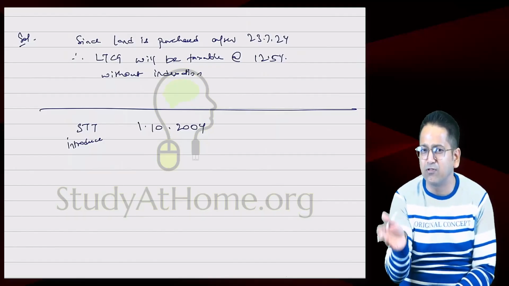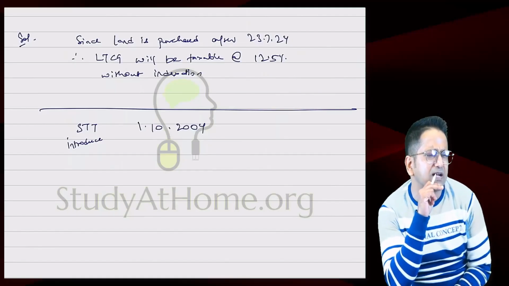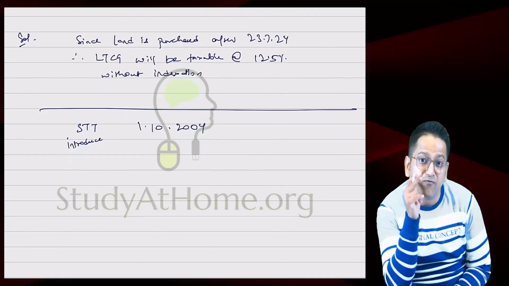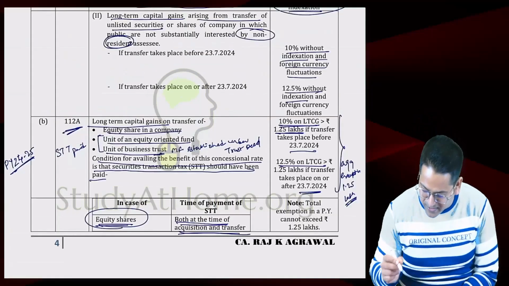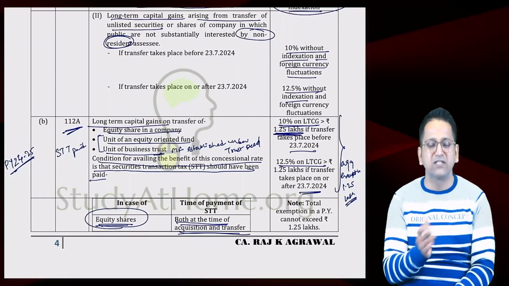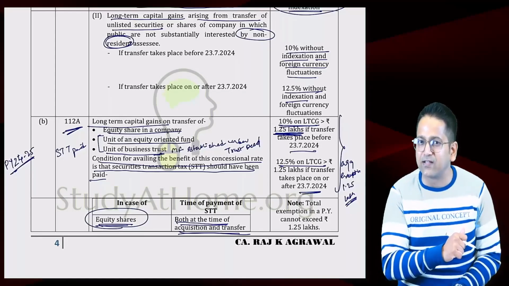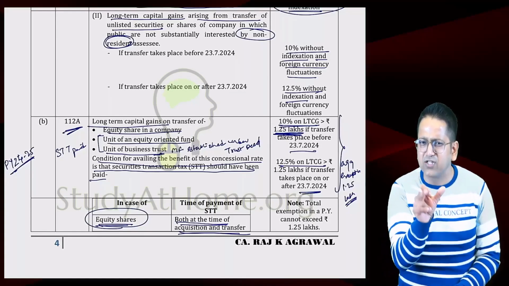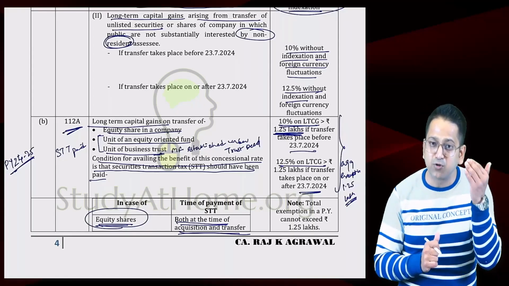Even if we don't get the benefit, 12.5% tax is levied. But then what difference will it make? The 1.25 lakh rupees exemption will not be given. In 112A, there's also an exemption of 1.25 lakh rupees. Income up to 1,25,000 rupees is not taxed. Beyond that, tax is applicable. Let's suppose we earn 1.5 lakh rupees under section 112A. Tax won't apply on 1.5 lakhs, but on 25,000. But in section 112, that exemption is not there.